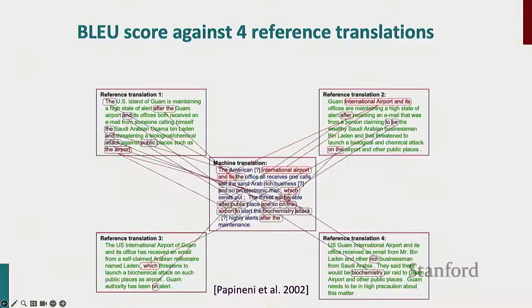So we can certainly find the unigram the. We can't find American at all, but we can find international airport and its in the second reference translation. So we're going to get a 4-gram match for that. We can find that again, that's easy. Office all receives one's call, self the sand Arab. Not a very good translation this, right? So that all misses, but then you start to find other pieces that do overlap,